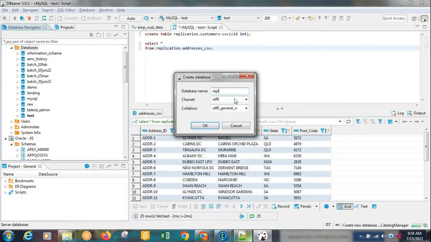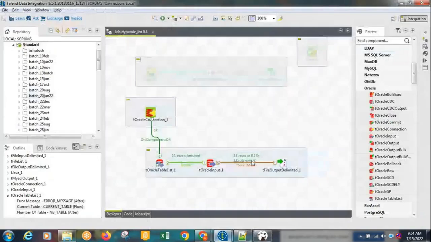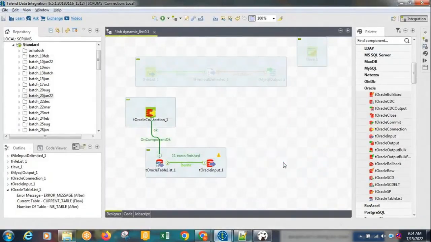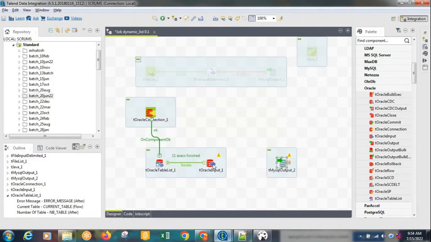So replication database. So right now this is empty. No tables are available. I'll go back to here and remove this component. Keep the MySQL output component, you connect this,